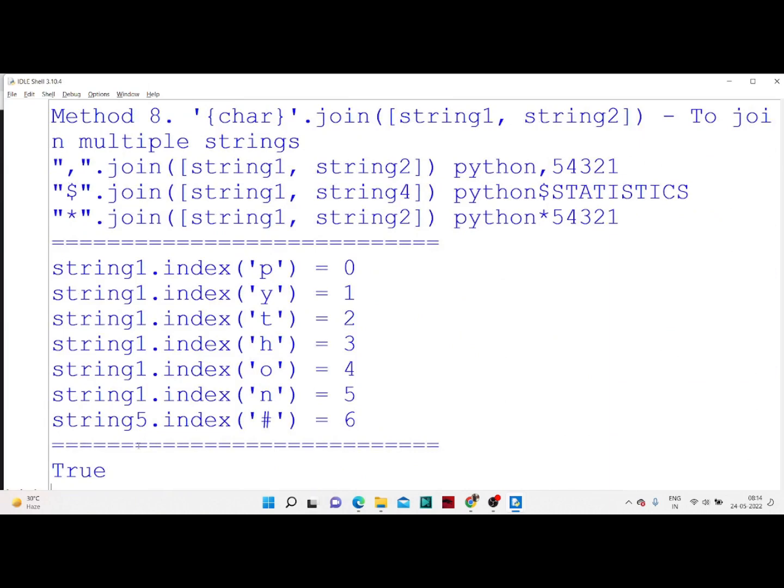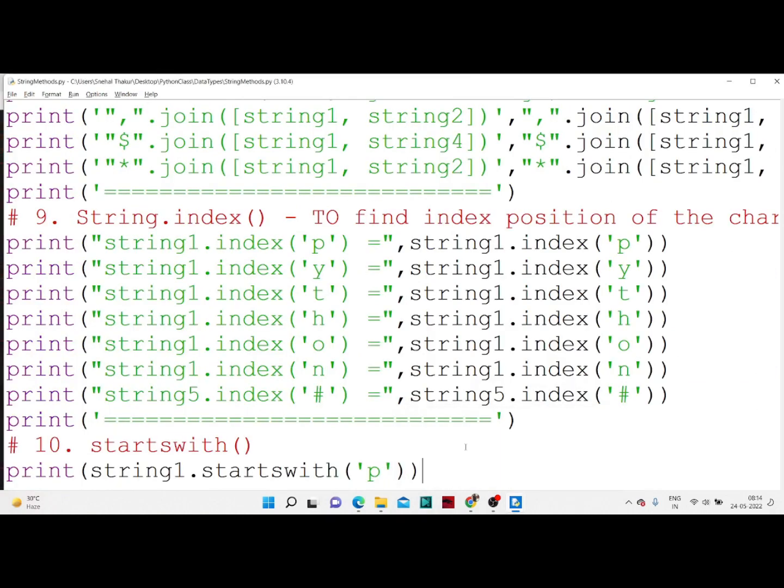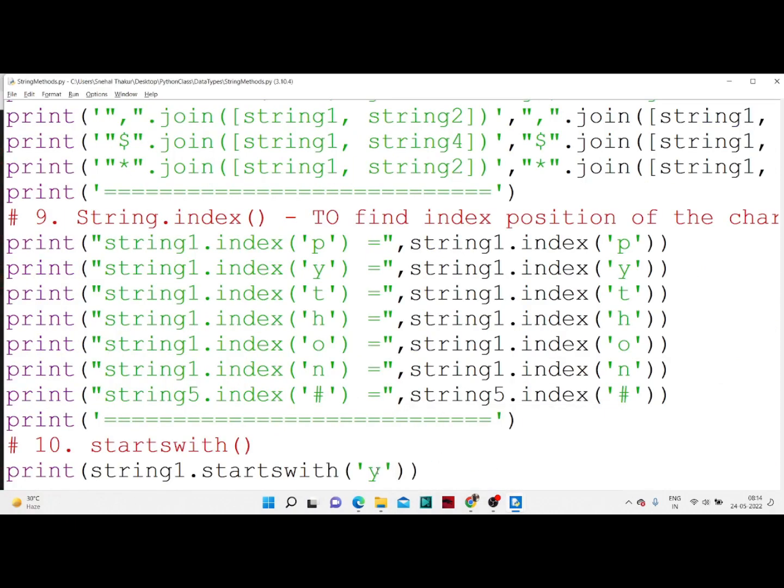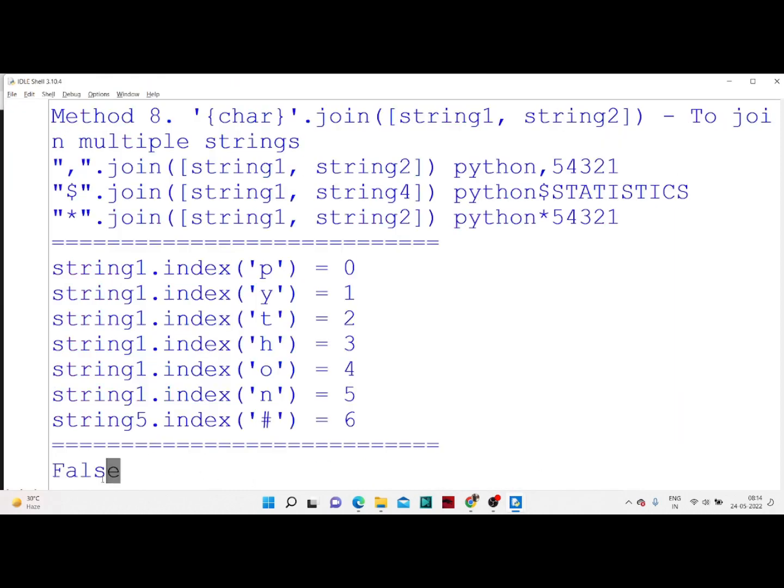Okay, so see here I'm getting true. So basically this startswith method is used to check whether your particular string starts with the particular character that you are passing here. Okay, let me check. Okay, so now I have passed this y, and my string starts with p, right? Because string 1 is my Python, and I'm trying to check whether it starts with y or not. So at the output I'm getting the boolean output that is false. Okay,